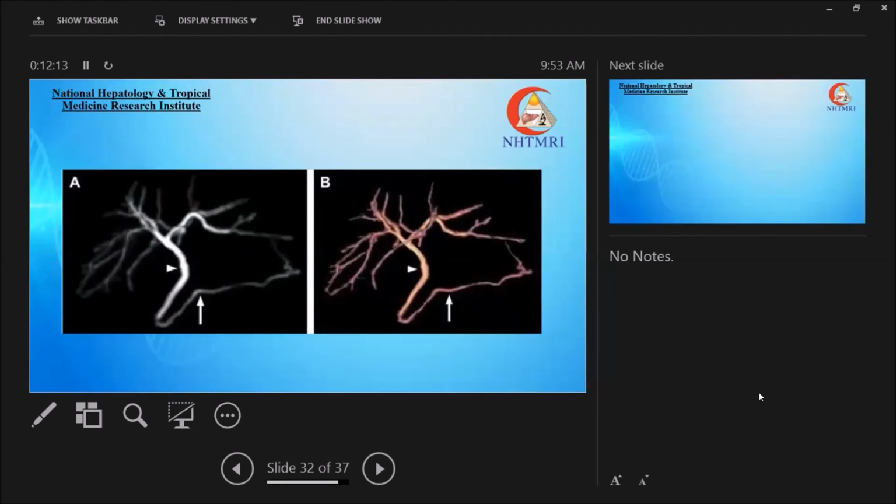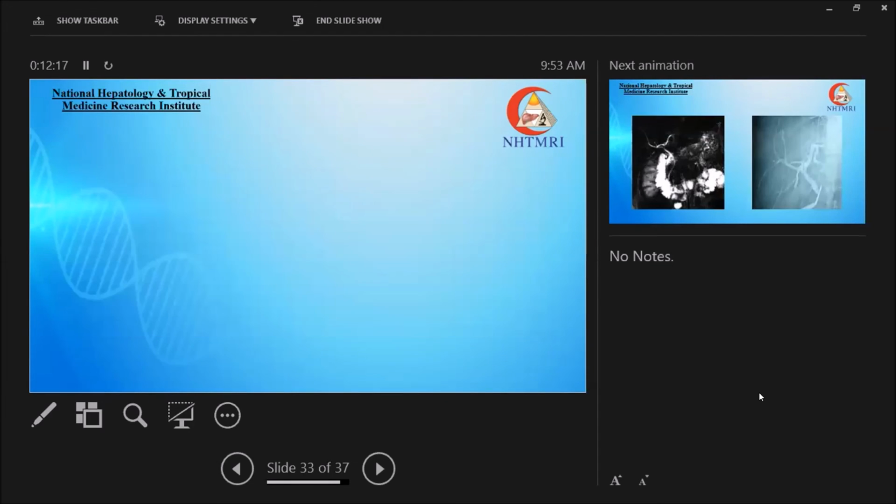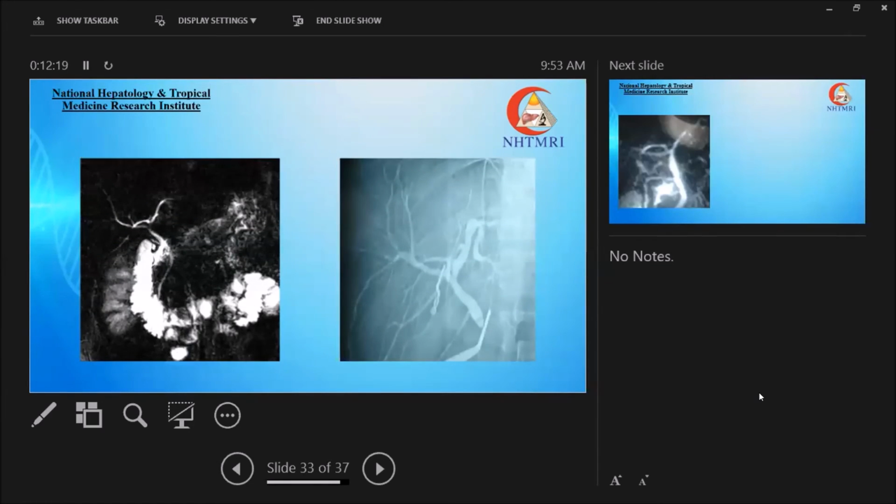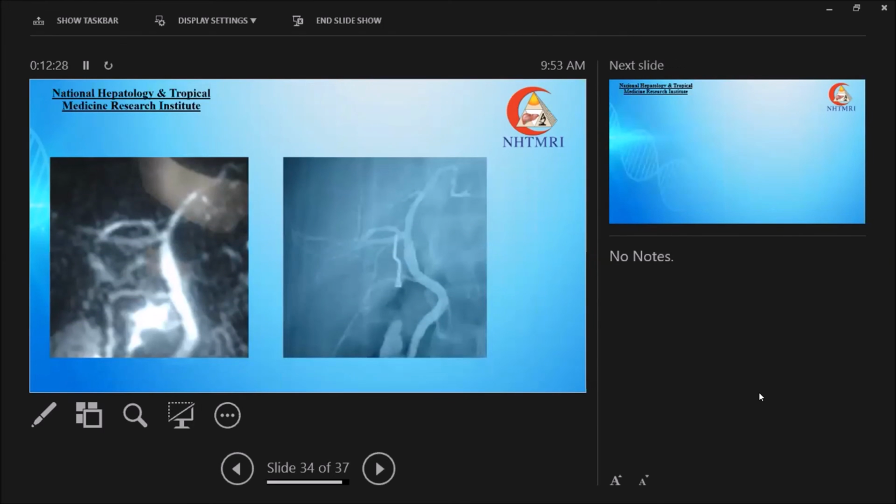Here's a 3D image showing the common hepatic duct with only one single right hepatic duct. And this is actually from our intraoperative procedures. You see the right anterior draining into the left, which is the same as the intraoperative cholangiogram. And here also we have a short stumped right hepatic duct, which is also the same in the intraoperative cholangiogram,